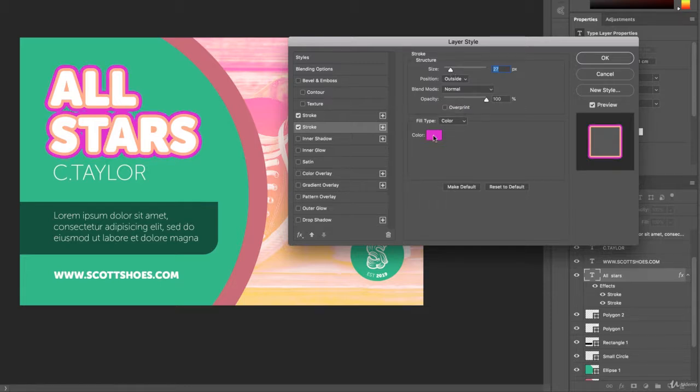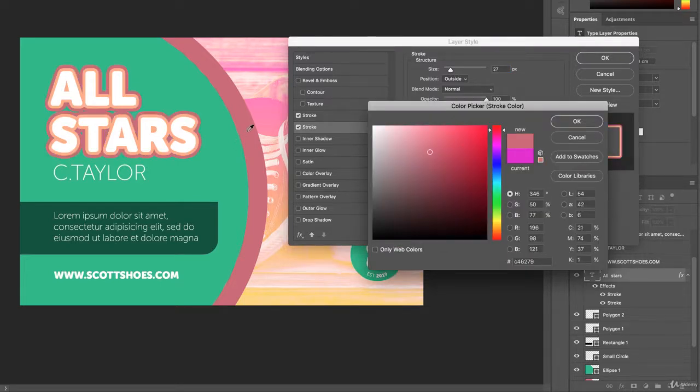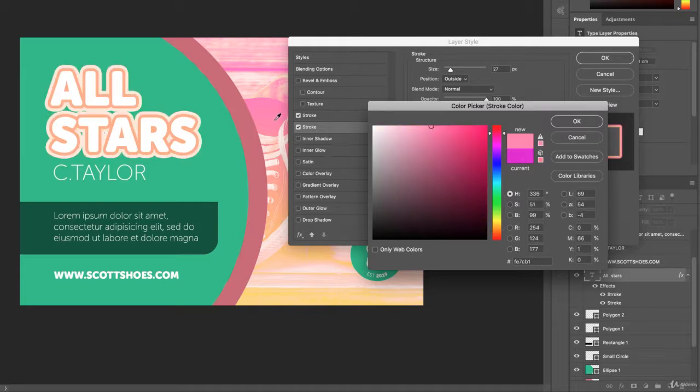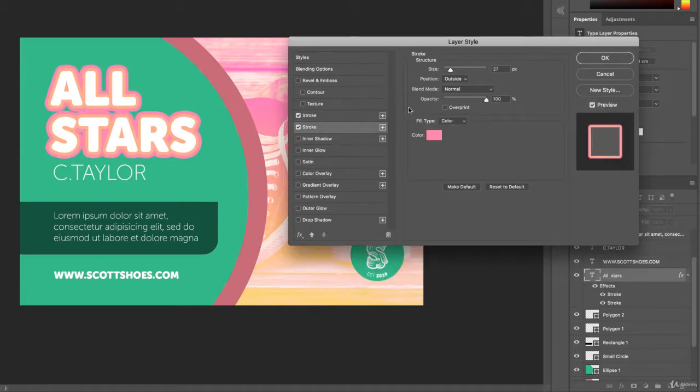So that's how to add double strokes. Now, I'd probably pick something, oh man, it's looking bad. Yeah, it's looking okay. I'm going to go a little bit further. Okay, double strokes is